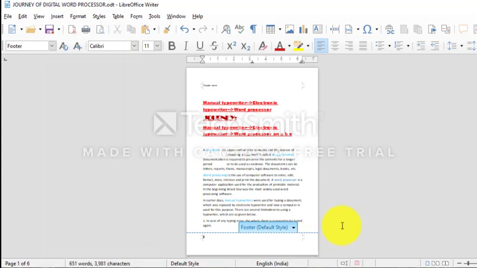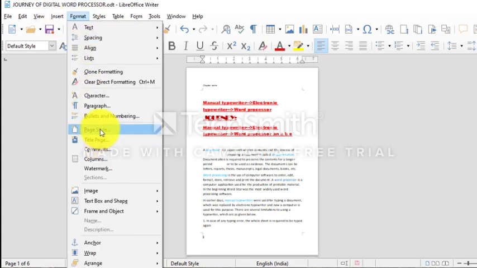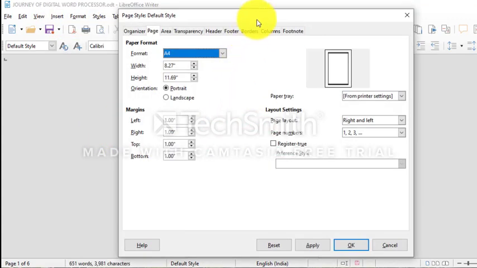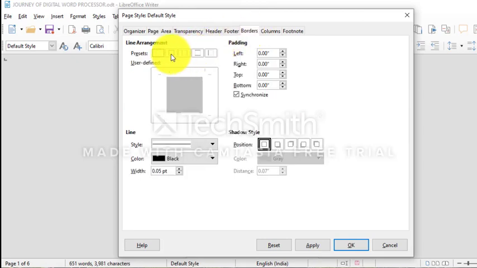Okay, now we will see how to define borders and background for your document. How to do it? Go to Format and then Page Style, and here you can set the borders. I want to set all 4 boundaries. You can set the left and right borders, top and bottom borders as per your wish.